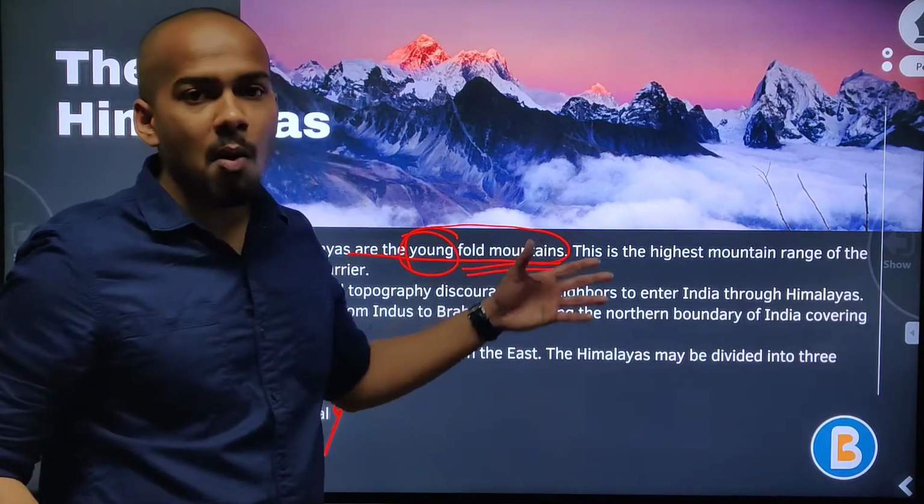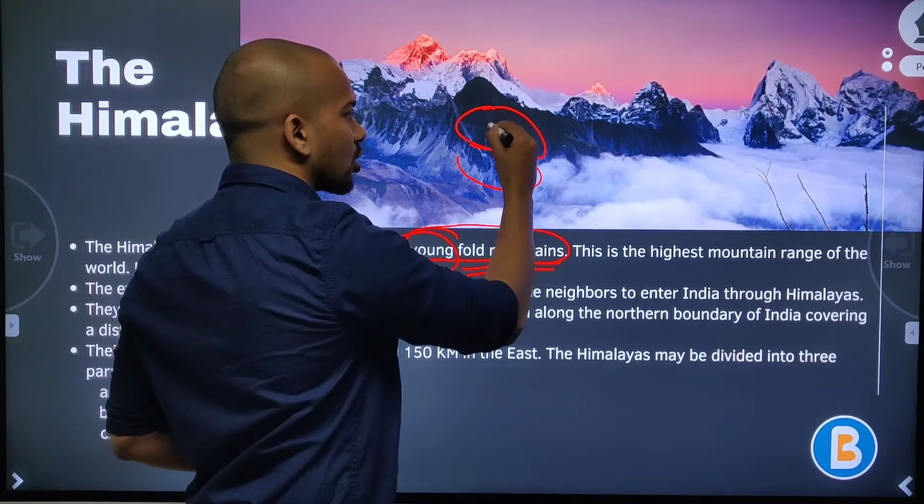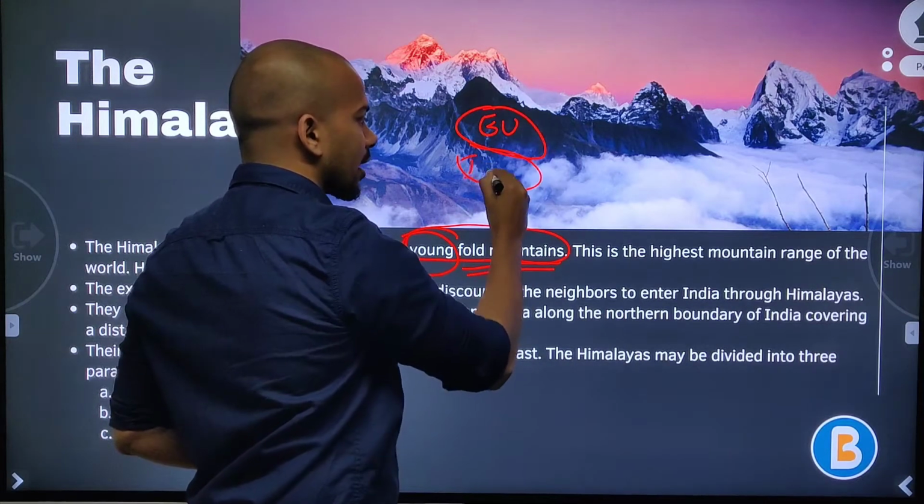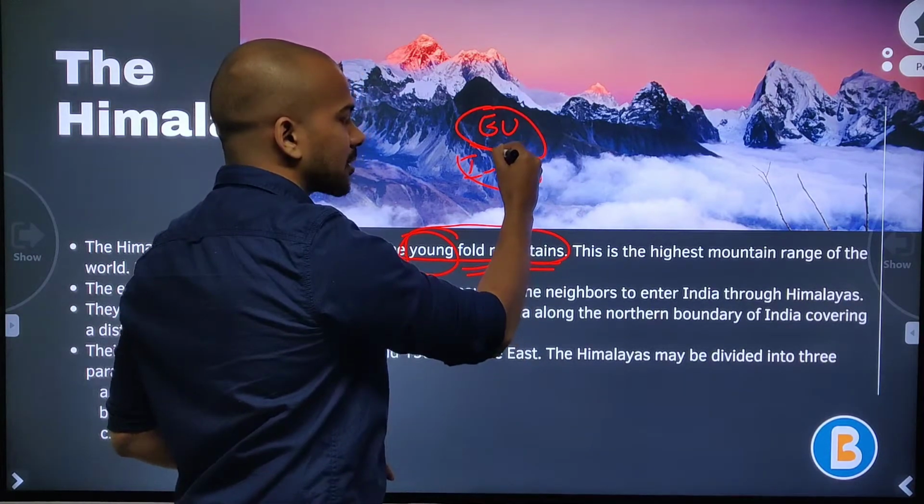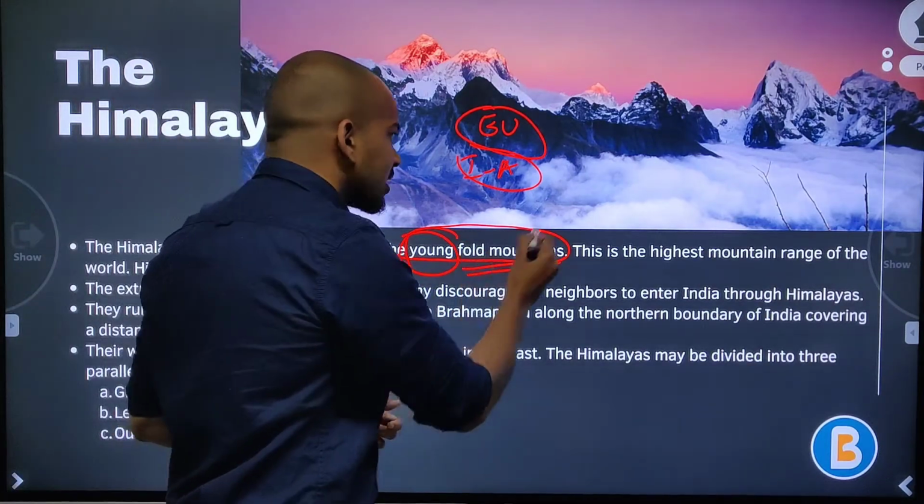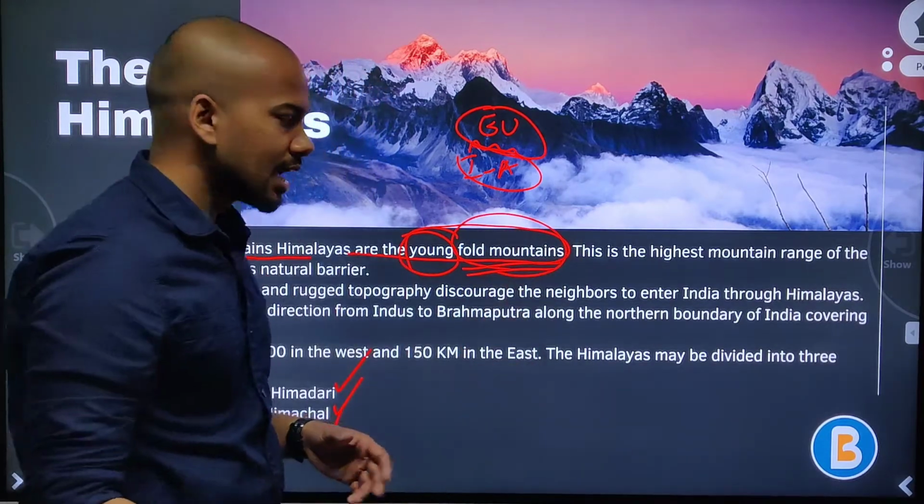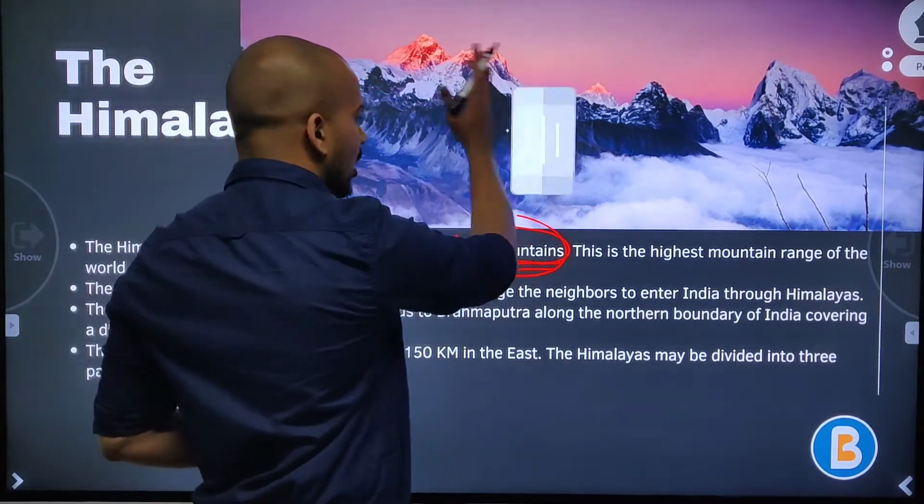And fold mountains, why? Because this has been formed when the Indo-Australian plate actually converged with the Eurasian plate. Alright, this is how it has been formed, and as a result the crust of the earth has been folded in this area, which gave rise to the Himalayan mountains, and that is why it is known as young